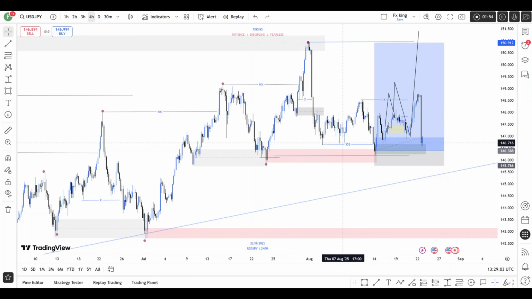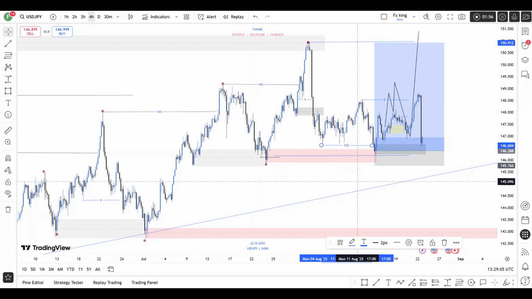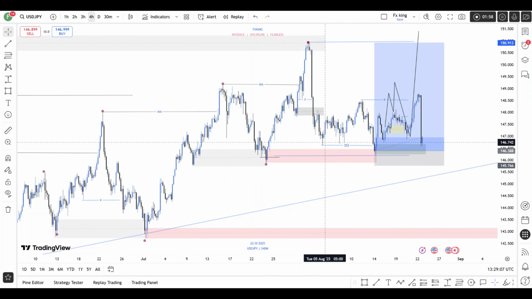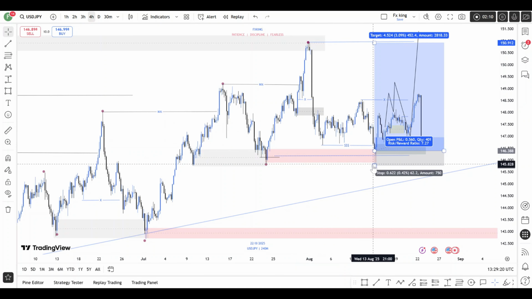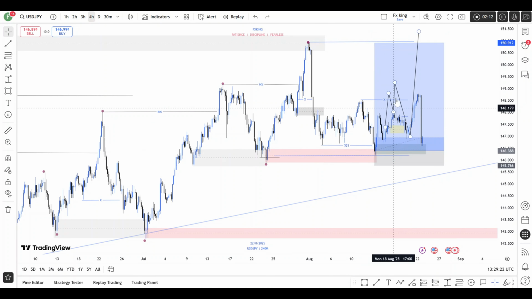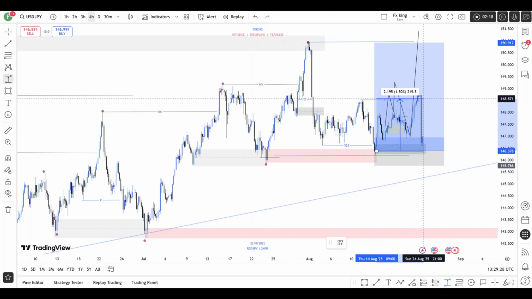Now the reason why we call this extra liquidity is because when the market came to this point of interest, it created some fake buying momentum, thereby tricking traders to enter this market early, just for it to come back after and push this point of entry and move up. So you can see that after our buying at this zone, the market went ahead to offer us